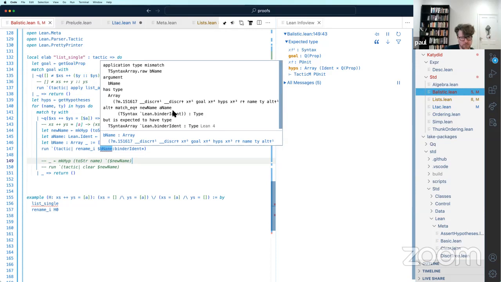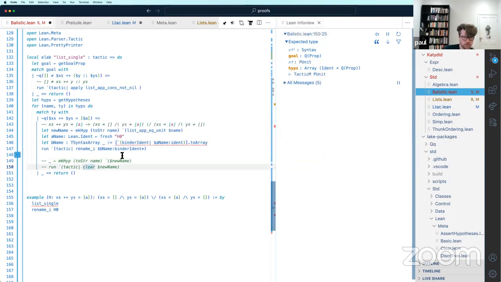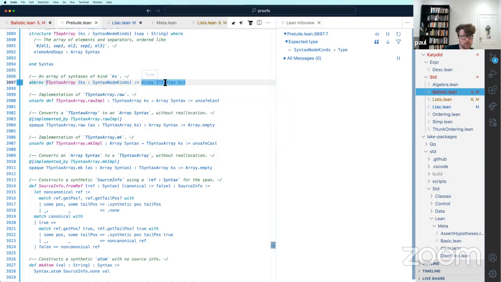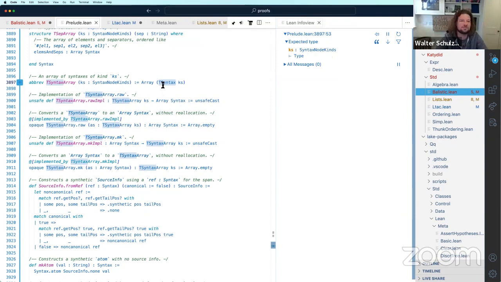Yes, we want to be a syntax array. So how do we? Array of T syntax.